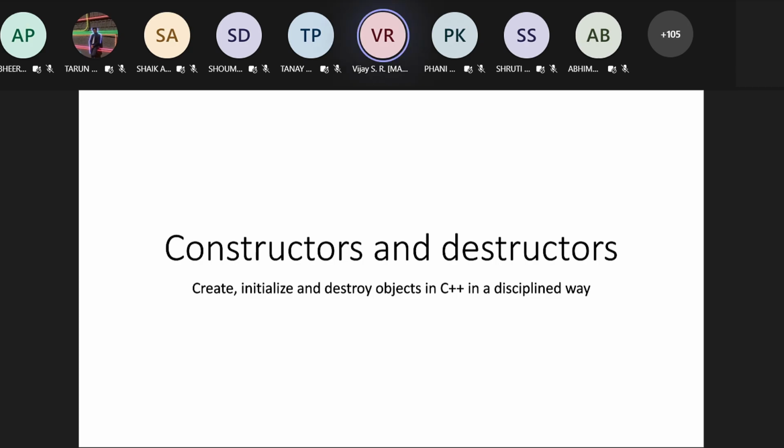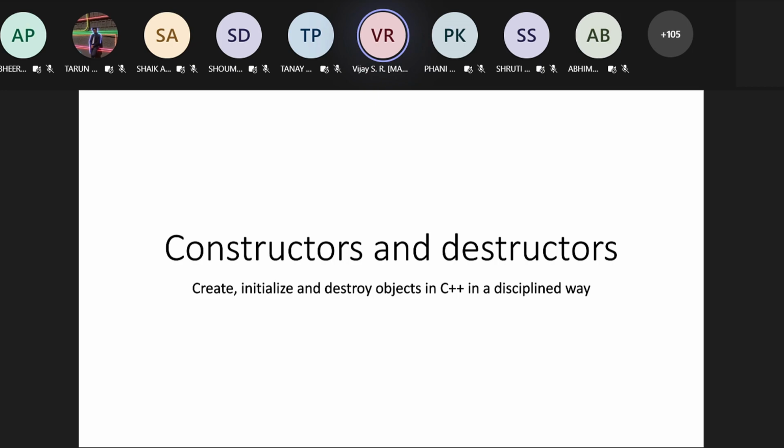The subtitle says create, initialize and destroy objects in C++ in a disciplined way. That's the main advantage of using constructors and destructors. As I told you, programmers commonly made a lot of mistakes and errors, so C++ tries to eliminate all such things by following a disciplined approach. One part of that is constructors and destructors.